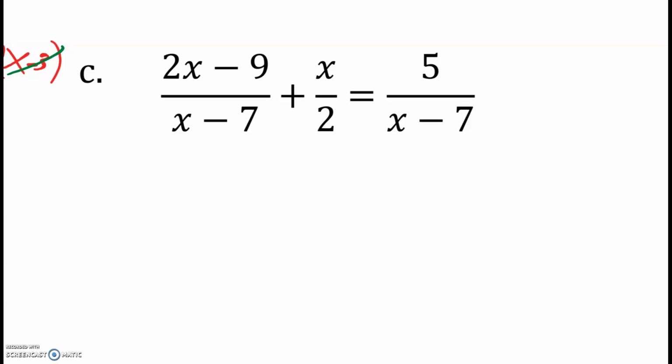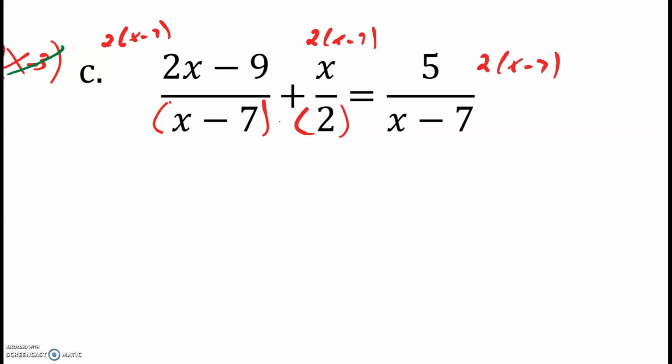I'm told, in order to solve rational equations, I need to multiply every term by the least common denominator. The least common denominator here is going to be x minus 7 and 2. So I'm going to multiply everything by 2 times x minus 7, 2 times x minus 7, and 2 times x minus 7. Now be careful of what cancels here. In this very first term, this x minus 7 cancels with the factor of x minus 7 on top, and I'm left with 2